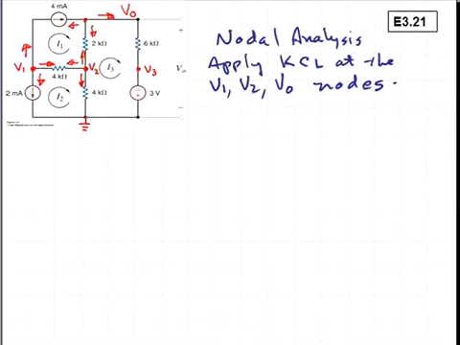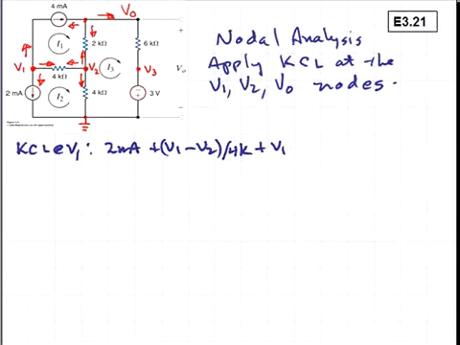So we'll begin at the voltage V1, KCL at V1. We'll have 2 milliamps plus V1 minus V2 divided by 4K plus V1 minus VO divided by